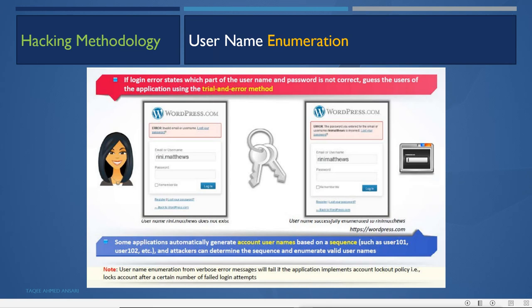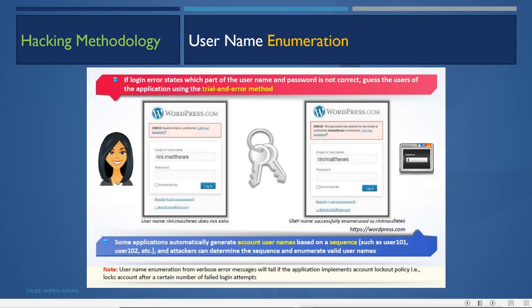Now if the application says invalid email or username, that means the username is not right. If the error says the password you entered is not right, that means the email address is right. So when I try a random name or predicted sequence with different combinations, if it says username is not right, then the user is not valid.